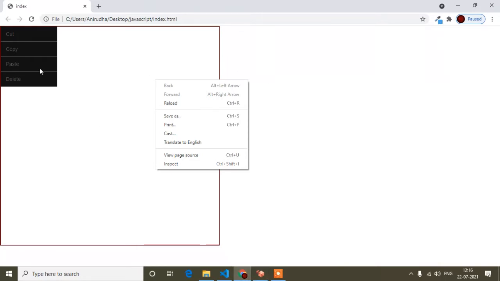Like guys, if there is an anchor tag, when we click the anchor tag, the default behavior is that it moves to another page or reloads our page. So if I want to prevent the default behavior of the anchor tag, there is the method called preventDefault.